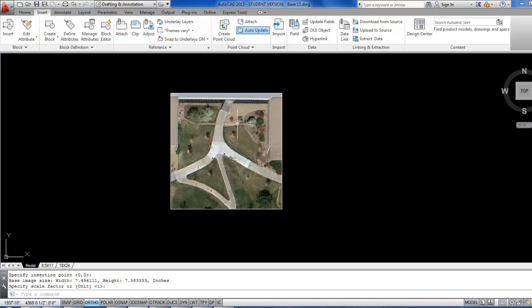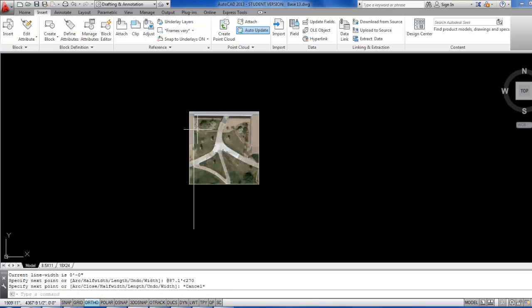Now, I happen to know that this wall back here is 87.1 feet. So I'm going to start a polyline. And I'm going to go right about where this section is, and I'm going to go polar coordinate at 87.1 feet, 270, and enter. So now if I zoom out, that goes off kind of where my raster image is,